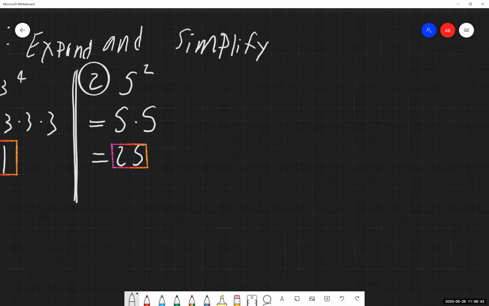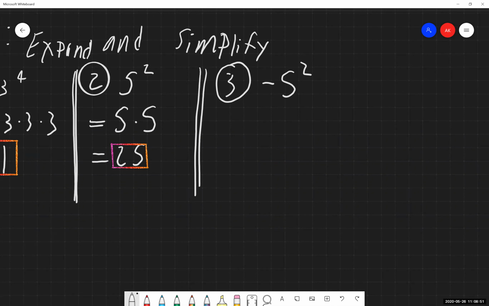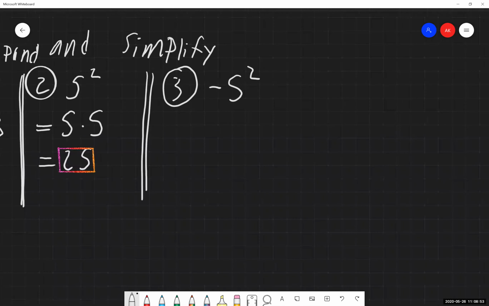Now again, I want to draw the comparison here because this is where we start to see the interesting stuff show up. Negative 5 squared. Now this is where a lot of hangups happen. It's understandable because there's some subtle stuff that's going on here. What is the base of the exponent in example 3? And this is where the tricky part comes in. A lot of people will say, well, it's the negative 5. It's the negative sign and it's the 5 that shows up. And it's not an unreasonable assumption to put those two things together as being the base. Nothing wrong with that.